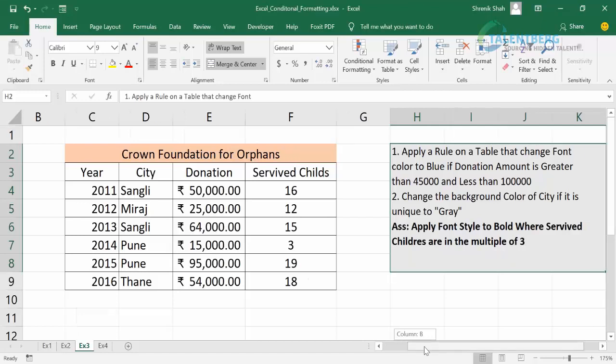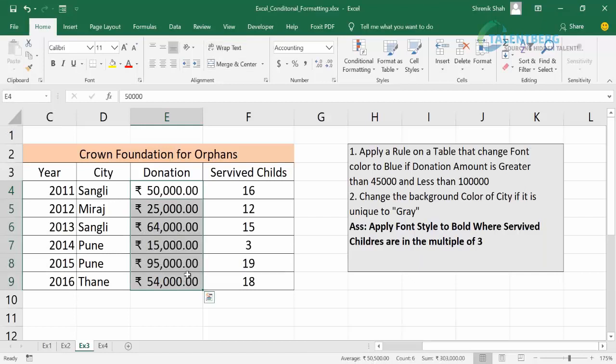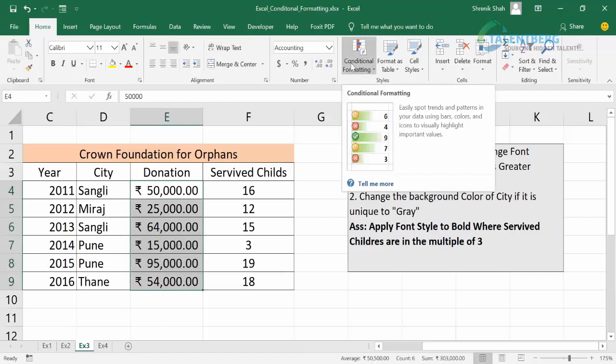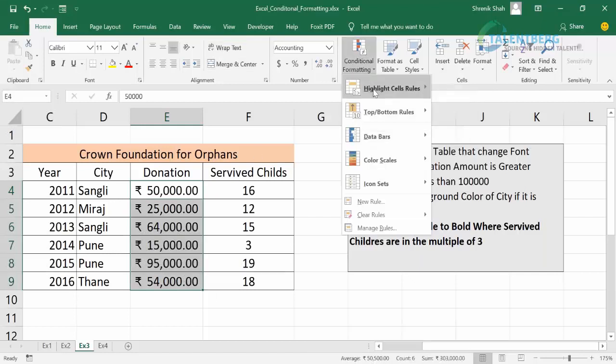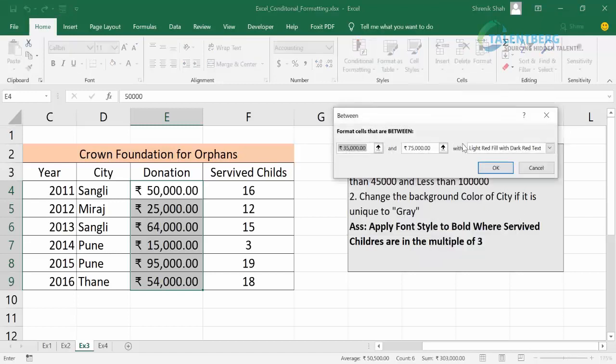The question is: apply a rule on the table that changes the font color to blue if the donation amount is greater than 45,000 and less than 1 lakh. So I need to select the cells, then I click on conditional formatting, then highlight cell rules, and I select the option between.